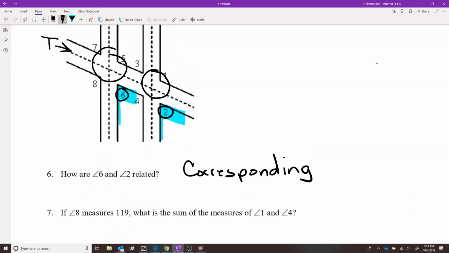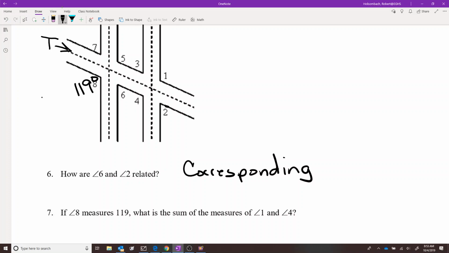Okay, so now another question off of here. If angle 8 measures 119, so this angle right here is 119 degrees, what is the sum of the measures of 1 and 4? The sum of the measures of 1 and 4. So let me get rid of this. All right, if angle 8 measures 119, what is the sum of the measures of angle